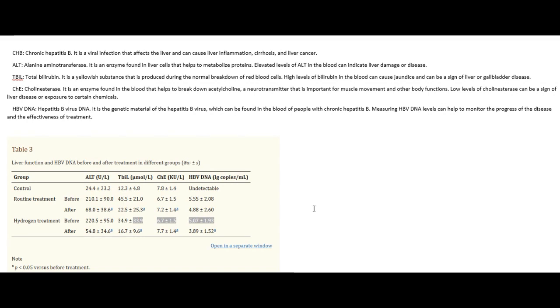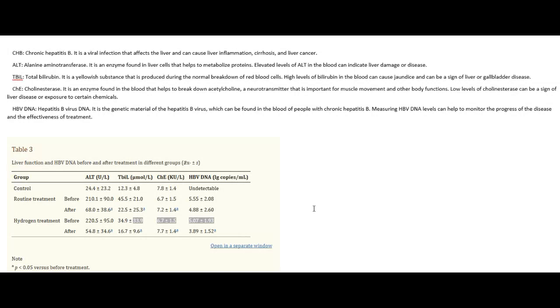For the hydrogen treatment, it was 6.7 plus or minus 1.5 before, and after it was 7.7 plus or minus 1.4. And for the HBV, or heavy